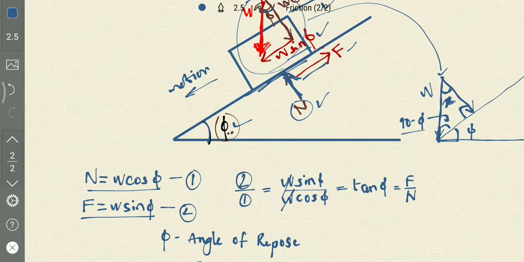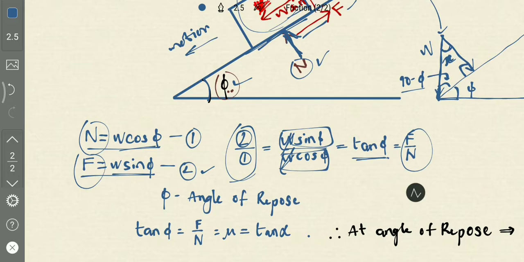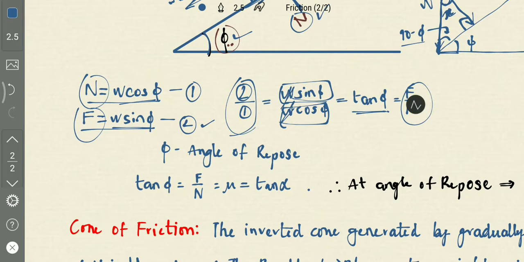So if we say N is equal to W cos alpha as equation 1, and F is equal to W sin alpha is equation 2, dividing 2 by 1, we get W sin alpha by W cos alpha, which is F by N. Here W gets cancelled, and sin phi by cos phi becomes tan phi. So here phi is angle of repose. We have got here that tan phi is equal to F by N,